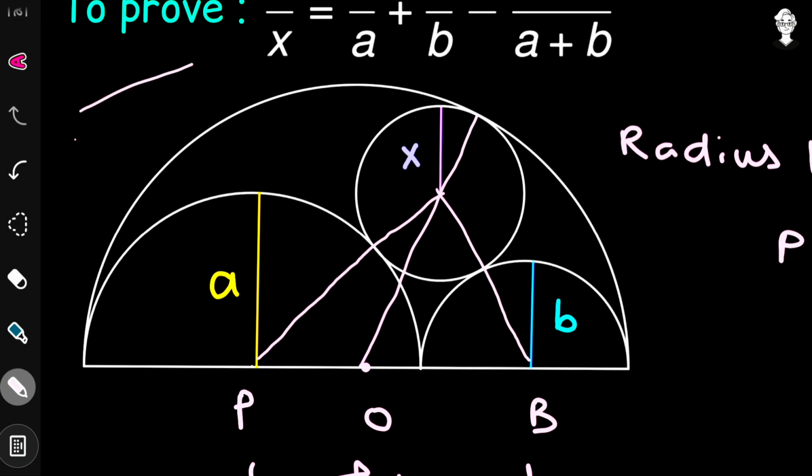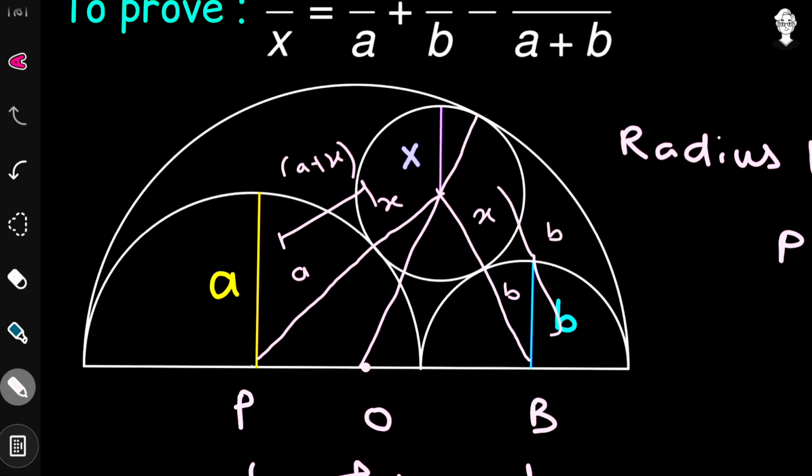If there is a straight line with the points A, B and C, the total length of AC can be calculated as AB plus BC. The same thing happens over here. From point P to this particular tangent point, it is the radius of this semicircle having radius equal to a. So this much length is equal to a. From the tangent point to this center, it is the radius of this complete circle, which has a length equal to x. And as this is a straight line, meaning these three points are collinear, this complete length becomes a plus x. Similarly over here, this much length is x, this much length is b, so the complete length becomes b plus x.